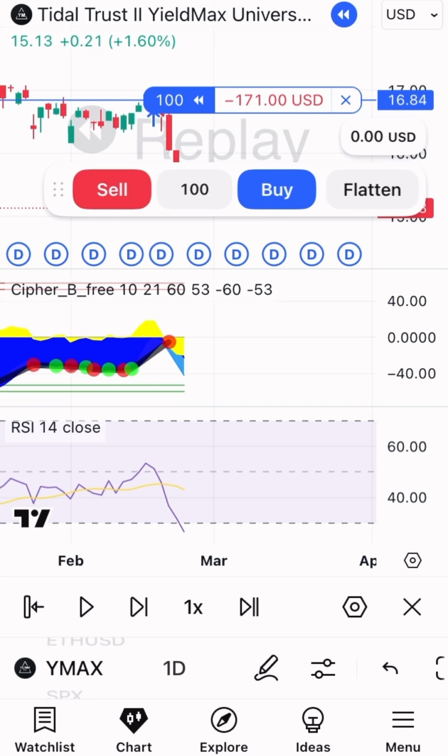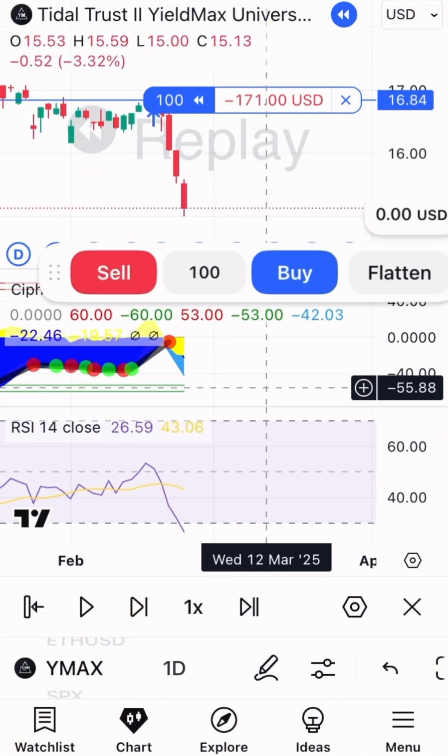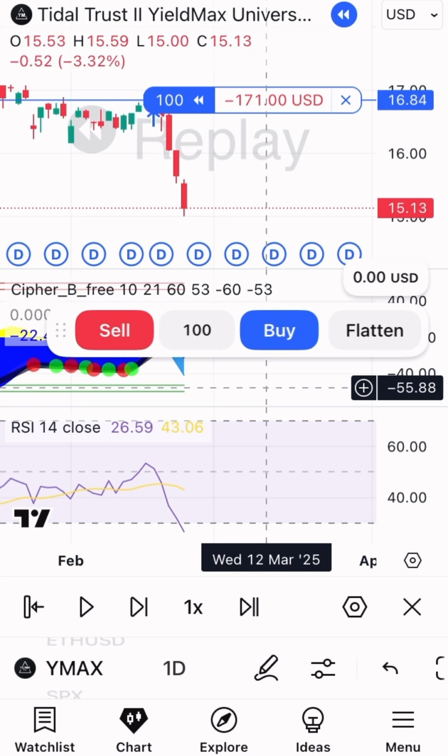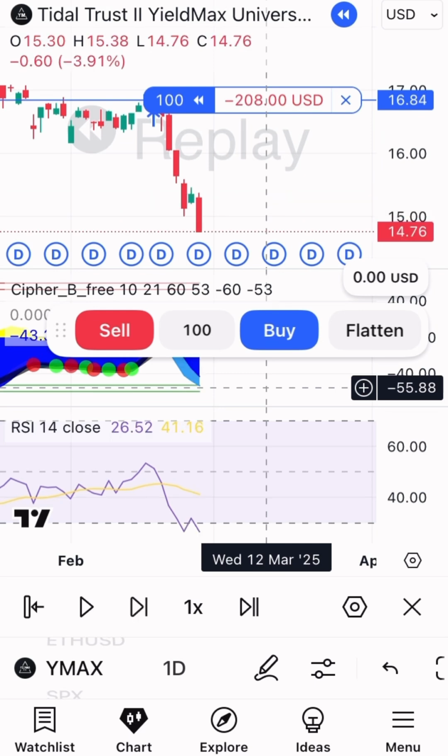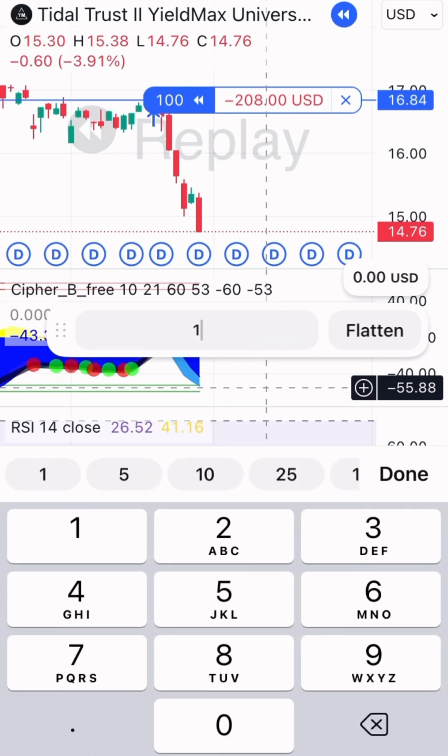So basically what you want is RSI below 30, and then this blue line in between that. So we'll wait. All right, so let's do that. Keep going. Okay, I would get in here. I'm not sure. Let me see. I would do 50 shares. All right. So done. Buy again.